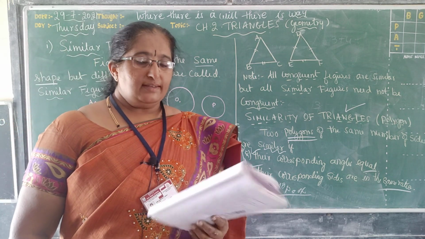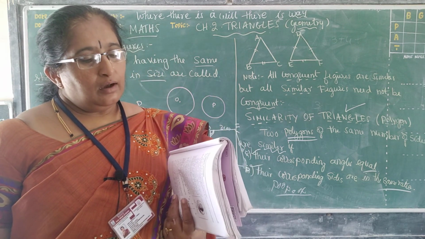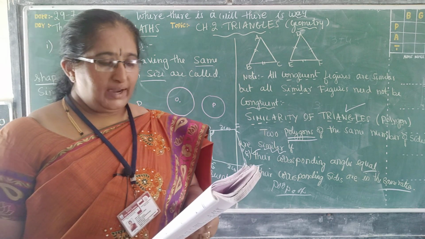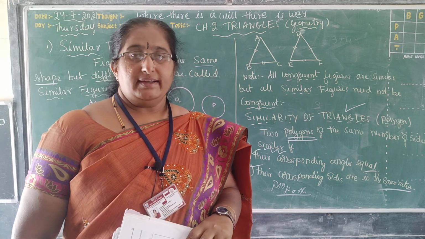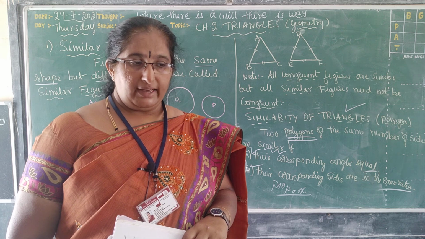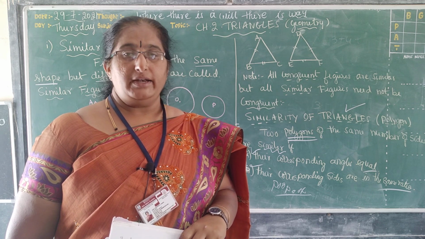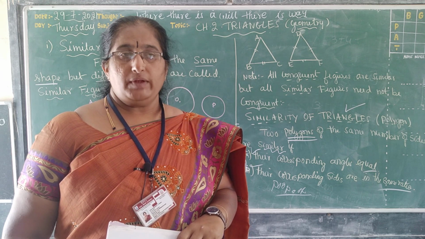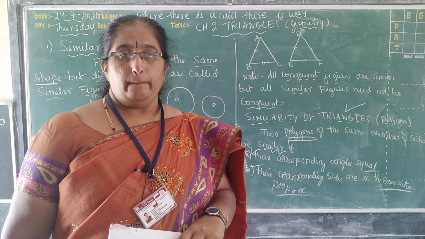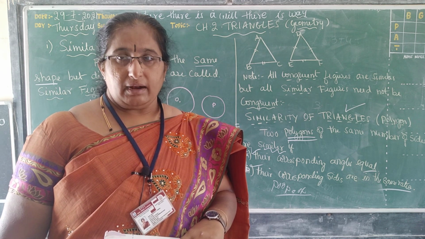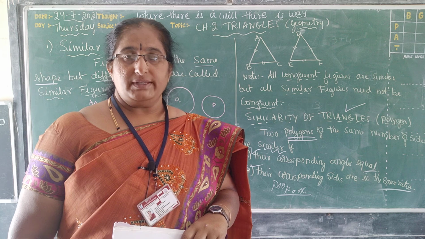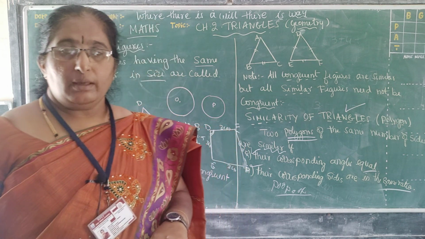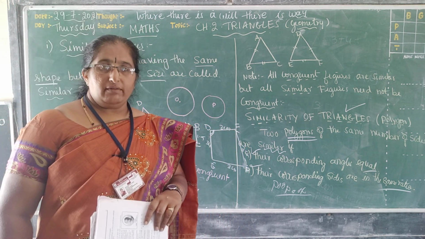So in our next class let us move to the next topic and next exercise. Let us deal with the different criteria for proving similarity of triangles, and applying those let us learn the basic proportionality theorem as well as the other theorems which are there, and based on them the problems are there that we will deal with in our next class.